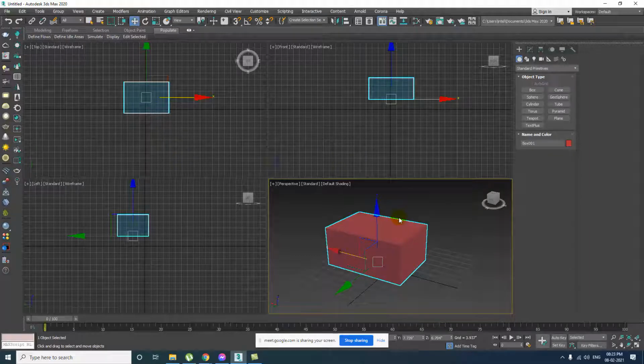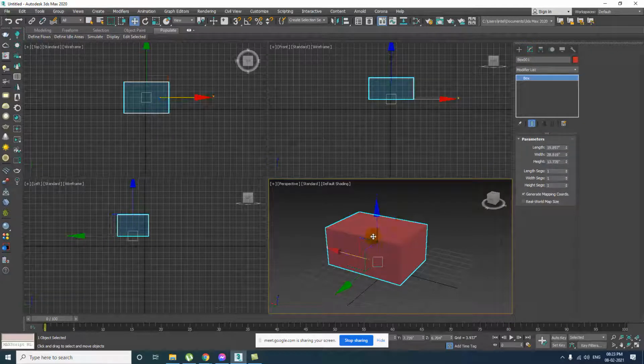Okay, so to change the shape of the object, I will have to go to the properties of the object, and you will find the properties on the right side. Yeah, this command panel. The first thing you will see is the plus sign, that is for create, and after the plus sign, that is modify. Modify means, after the plus sign, on my right, there is a modify tab. You have to click on the tab to change the properties of the object.